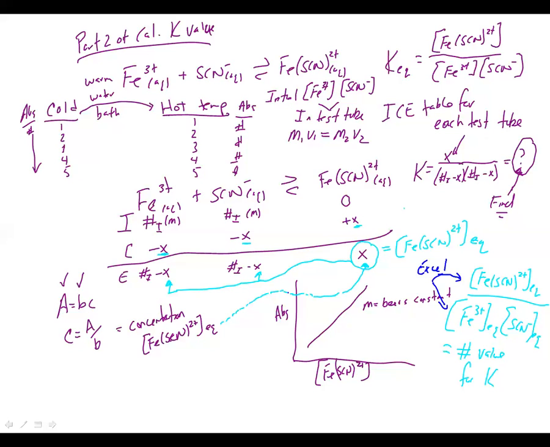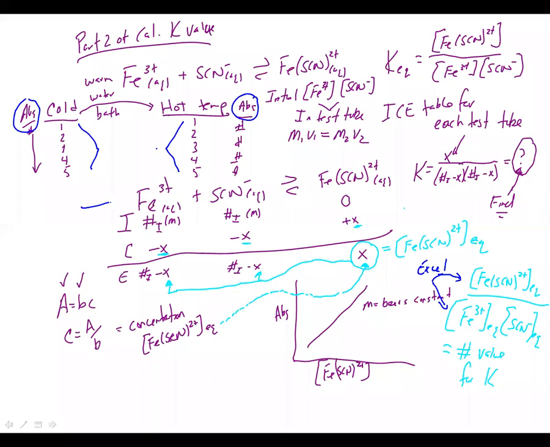Yeah, so just so we're all clear, let me summarize what you need to do for this one. I apologize, I don't remember off the top of my head, but I think it's about 5. You're going to have about 5 test tubes that were done at room temperature, a cold temperature. Those same 5 test tubes were then heated up to a hot temperature, and you will end up with absorbance values for 5 cold temperatures, for example, and absorbance values for those same 5 at the hot temperature. You essentially have to do this process